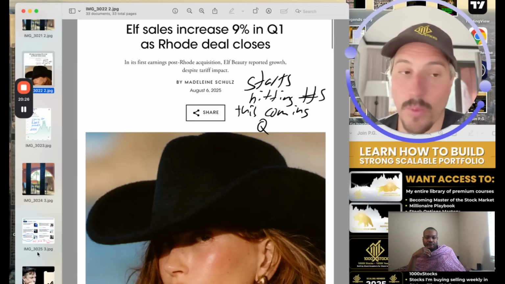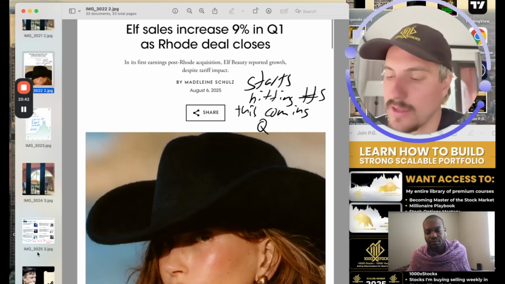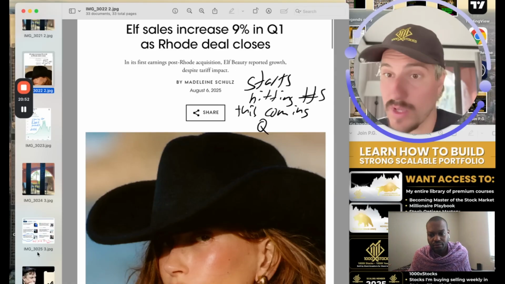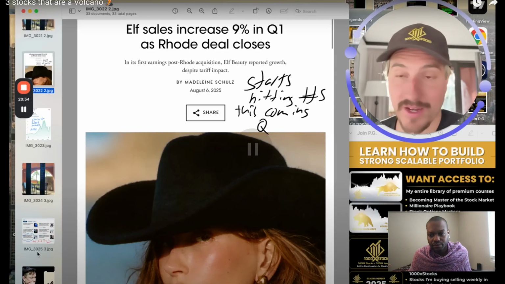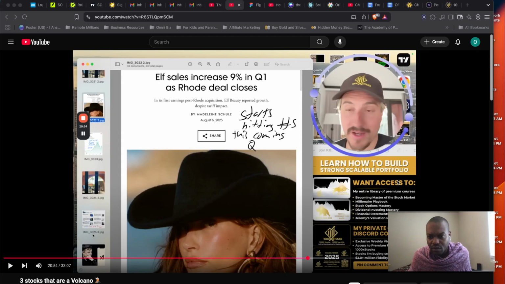Plus, you're likely going to get the core ELF brand start to post some very impressive numbers, probably starting in Q4 of this year, and then especially going into 2026, because the comps will get a lot easier. They've been working. Okay, so all that slowing down stuff, that's the sign for me to say